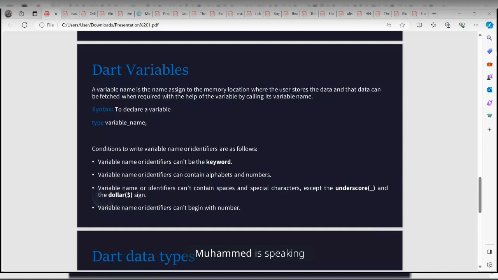What is a variable? Because we have here a variable name. So what is a variable, from what you can see here? It is the storage location of the data. The data are stored in a variable.